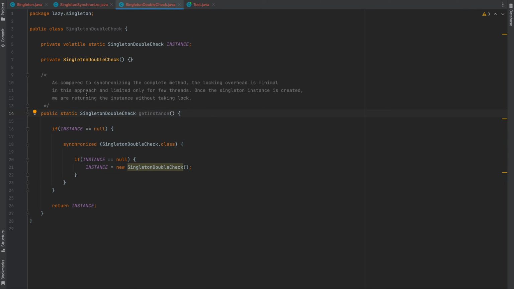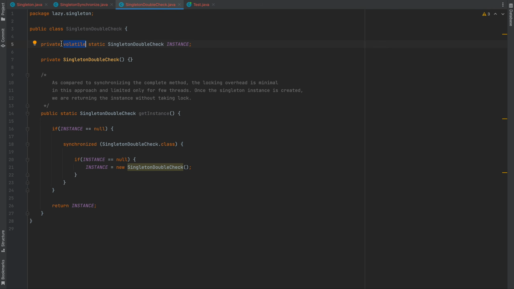And one more important point here, we use the volatile keyword, right? So what is the purpose of this volatile keyword? So in short, the volatile keyword ensures each thread sees the current updated value, right? It prevents the cache incoherence issue. I'll cover the volatile keyword in detail in a separate video, but for this video tutorial, just to be very short and to the point, this keyword ensures that each thread sees the current